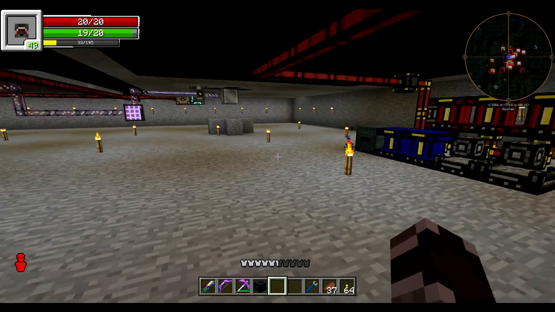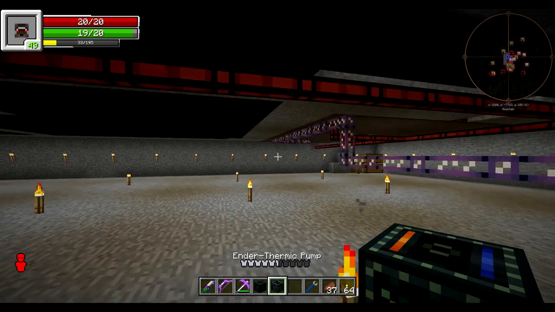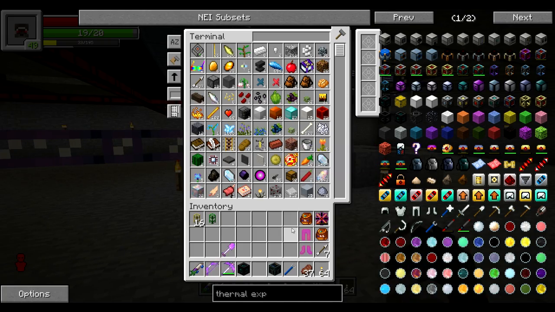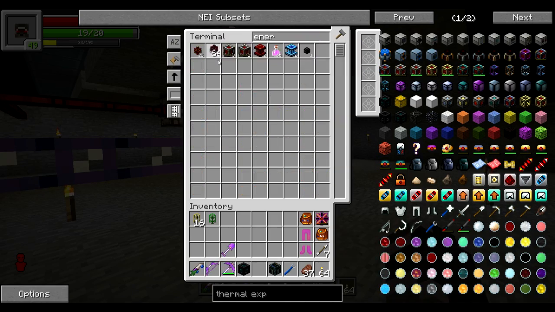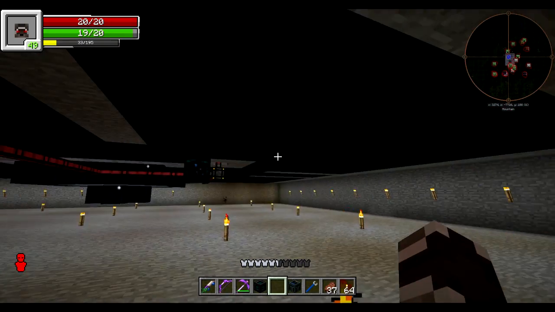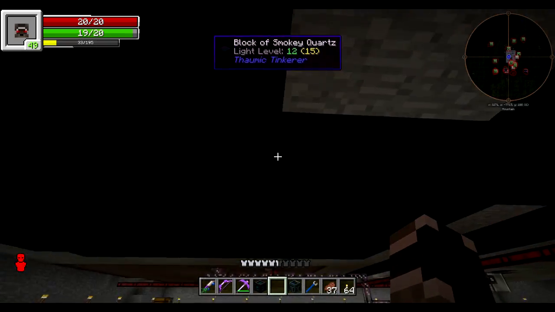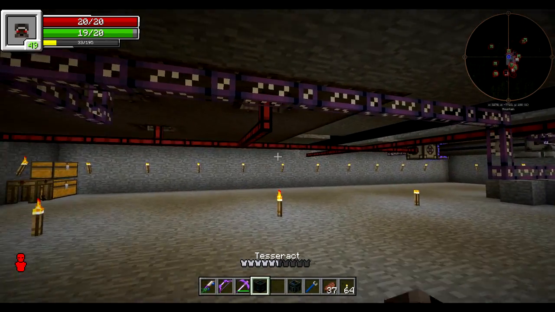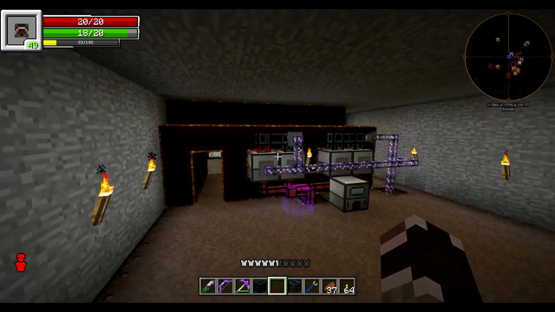So let's go ahead and take this and our pump here and our pipes and go to the end. Yeah, I'll take some just in case. Okay, so let's go ahead and take some energy pipes, and I'm actually going to need probably one of these, just knowing how these pipes generally work. Alright, because I needed one of these to pump power out of my storage, so I assume I'm probably going to need one to pump it out of the tesseract as well. Alright, so let's go ahead and go up here